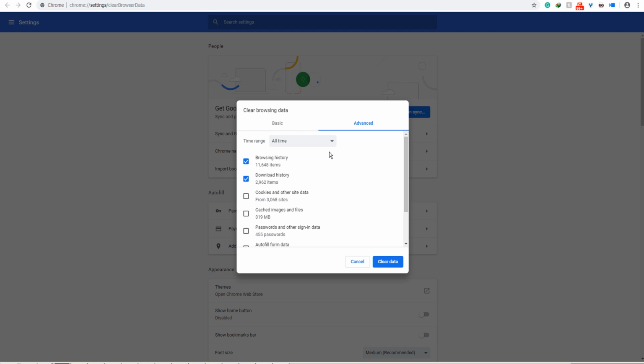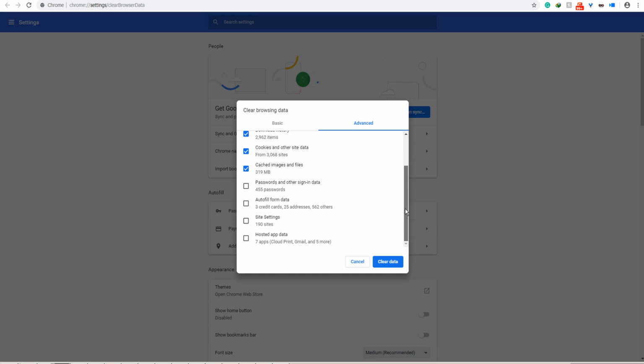And once here, okay, this is the most important one that you can do: cookies and other site data. Cached images usually is okay to leave if you want, but again, you can clean that too. The download history, browsing history, always good. And well, this one, the password you can leave, I mean, if you want to, obviously, but this is the